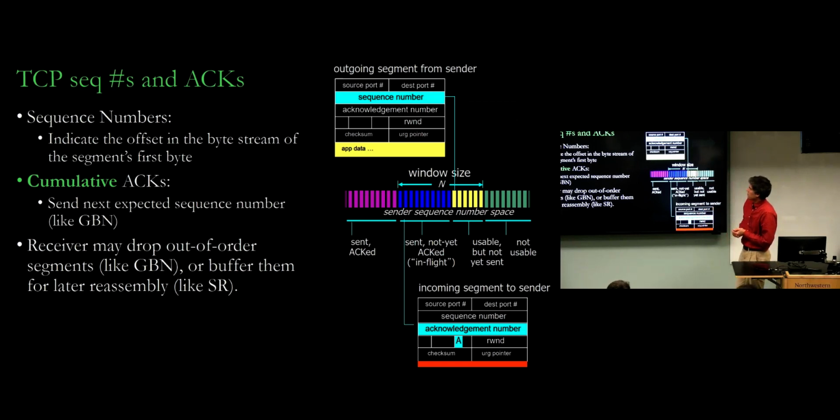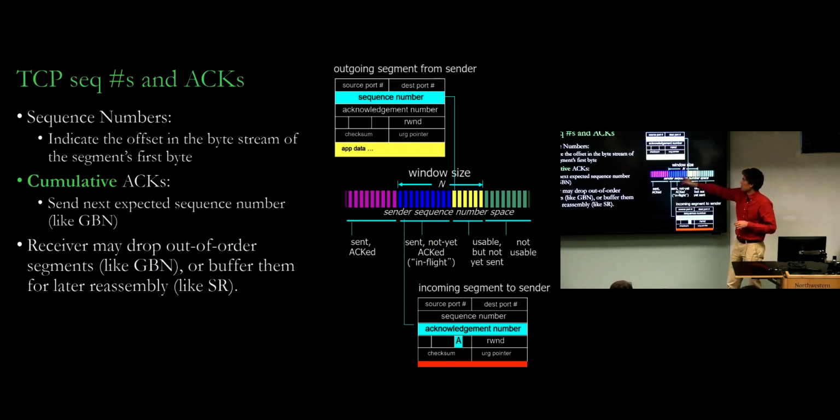Okay. So like I said before, sequence numbers in TCP don't count packets, they count the number of bytes in the byte stream. And so at this point, using the same diagrams we showed last time, this indicates that the sender has some amount of data in flight here that hasn't been acknowledged yet. All this data has been acknowledged. This is in flight. This is the next bit of data it's sending. And so the sequence number here indicates the offset from the beginning, the number of bytes from the beginning of the connection to get to this point, right?